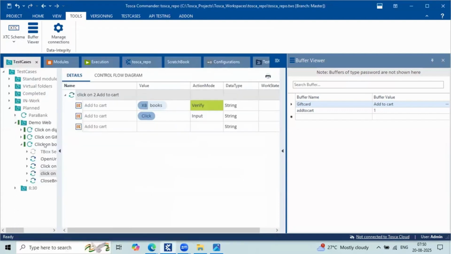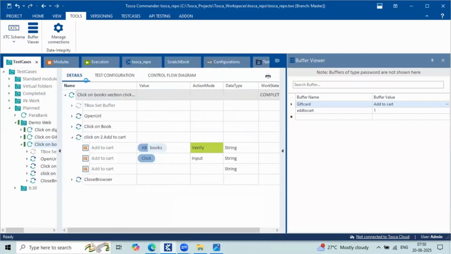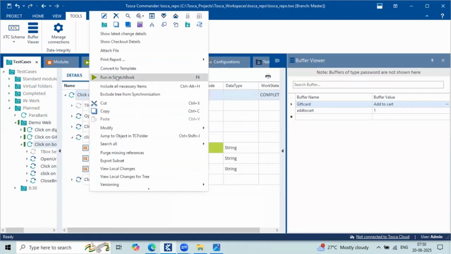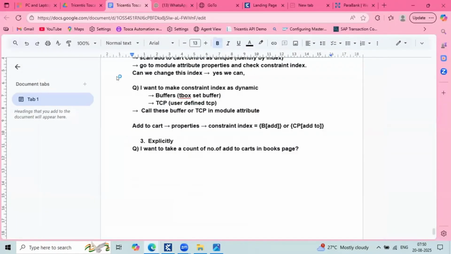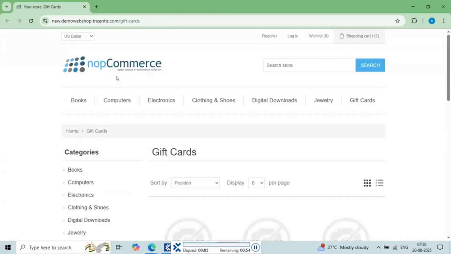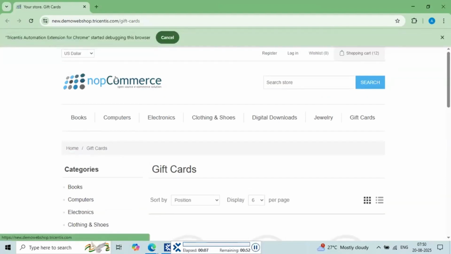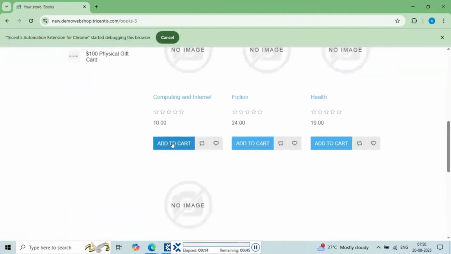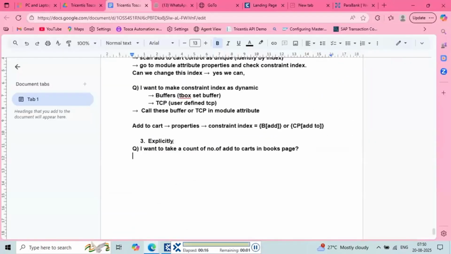I'll run the entire test case. So the end-to-end flow is executed successfully.